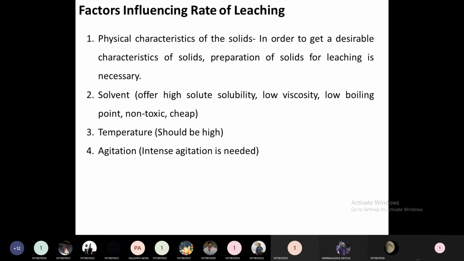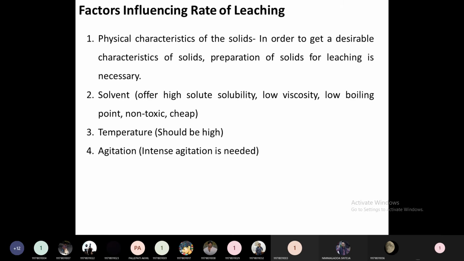At the same time, while operating this leaching process in suitable equipment like a fixed bed or a packed bed, handling small particles is very difficult. The pressure drop will be very high in the packed bed and the fluidized bed, so it is not at all advantageous for the operation of a fluidized bed or a packed bed. You might have studied this in the fluid mechanics course.